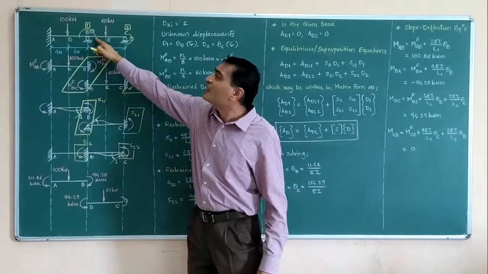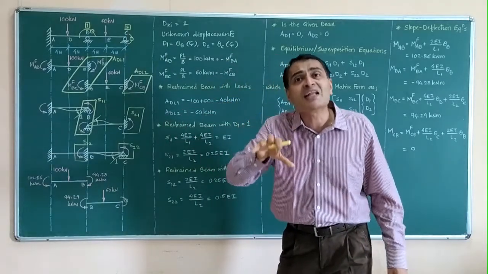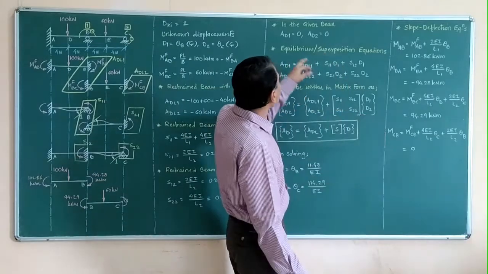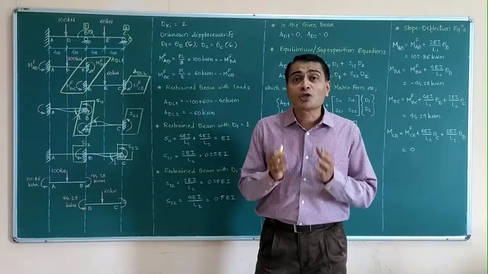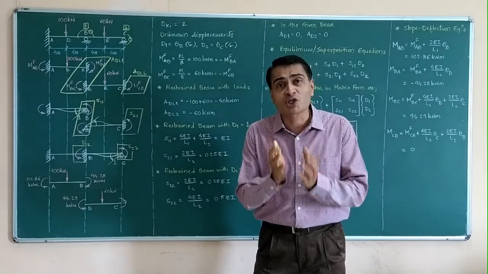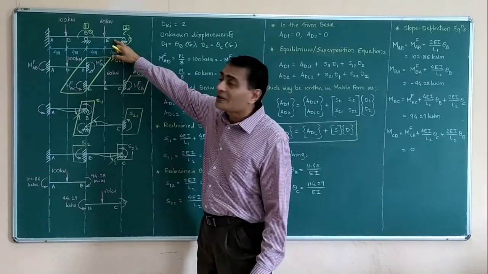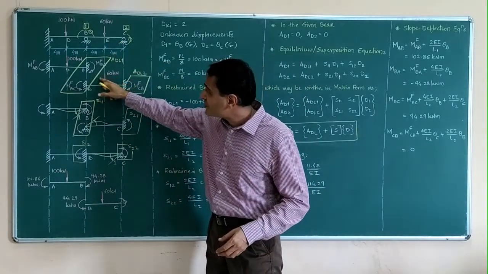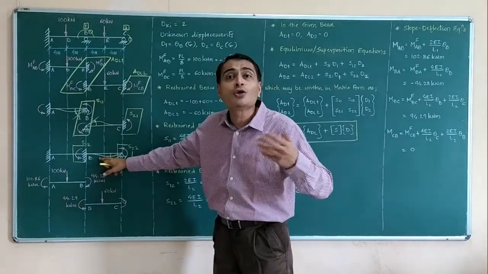In the same way, in the original given beam, how much is the moment or couple moment acting at D1, acting at D2? They are 0. If they are 0, I am simply writing AD1 equal to 0 and AD2 equal to 0. And now we come to the formulation of our equations. Please observe, if I am saying that this configuration is superposition of this plus this into D1 plus this into D2.